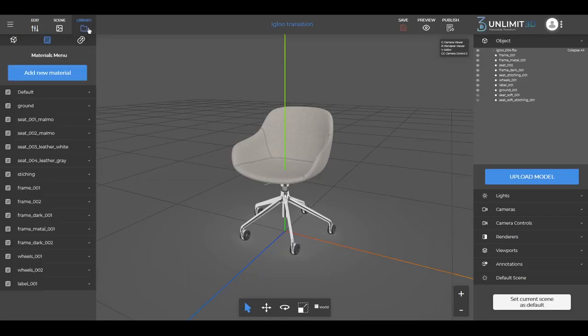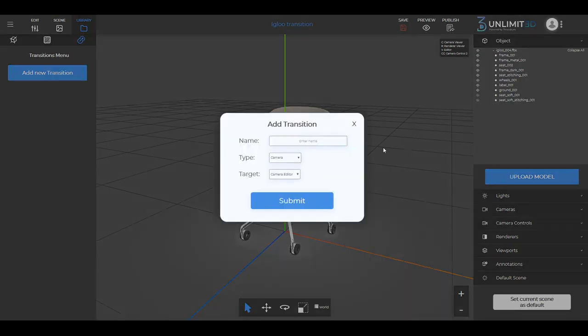Navigate to the library in the top left menu, click on Transition, and create a new one. You can now name it and choose a transition type. It can be camera, camera control, or mesh node. We will pick the camera type, and along with that choice, we can pick either camera viewer or camera editor